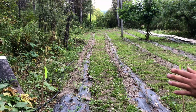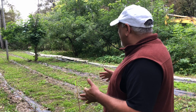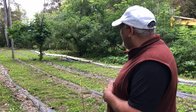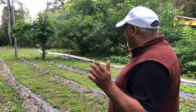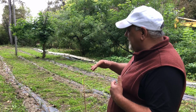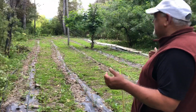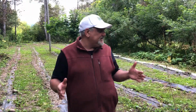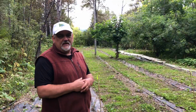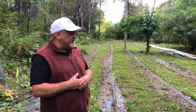What we've done here is we've laid down this mulch biodegradable plastic that you can see already is starting to show deterioration. Generally within a year they're deteriorated. We've had the Haskaps all planted roughly 1 meter apart and 2 meter rows. What we'll do here is monitor the growth. So far this year we've had pretty well 100% establishment of the plants with the moisture that we've had, but